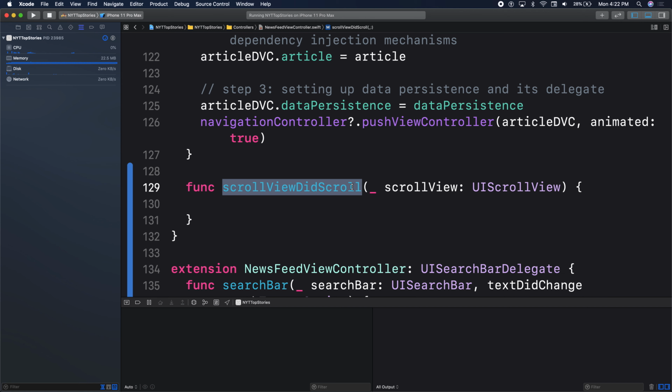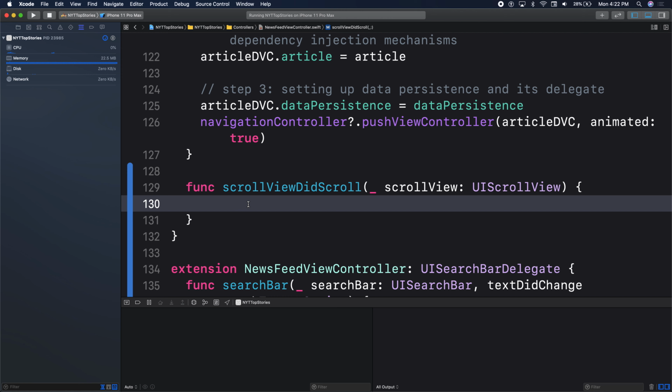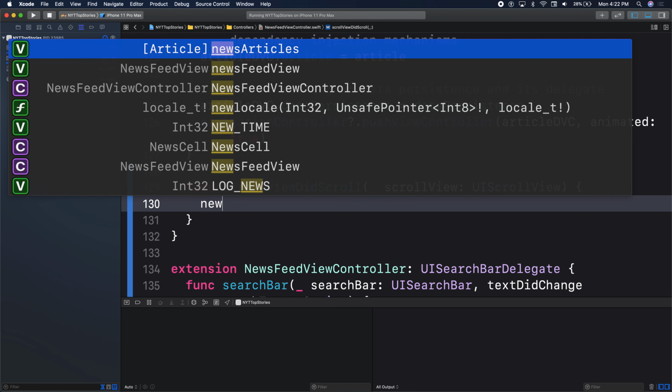Scroll view did scroll works on everything that inherits from UI scroll view. Collection view, table view, picker view, whatever it is. We already conforming to delegate object. The delegate object has a scroll view did scroll property on it or function on it. So as my scroll happens, I basically want to resign the search bar. So newsfeed